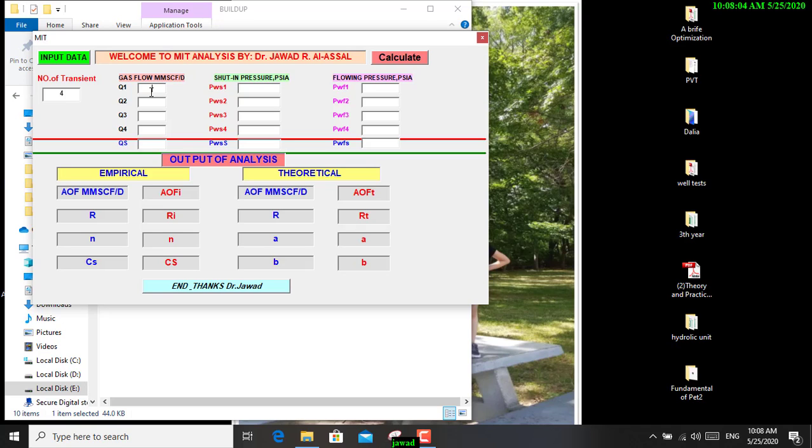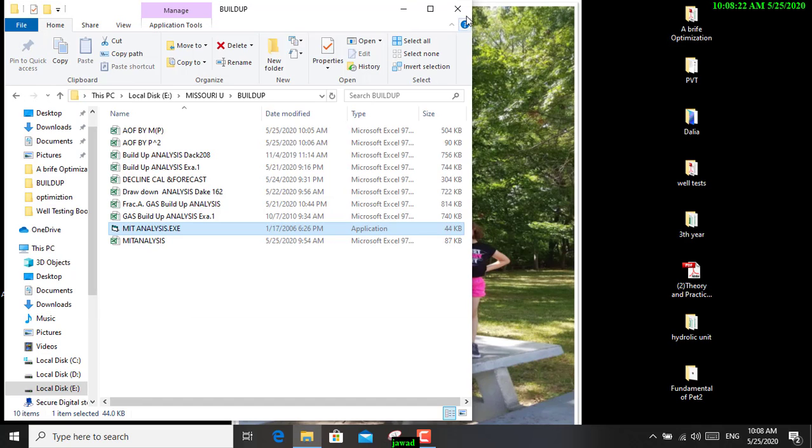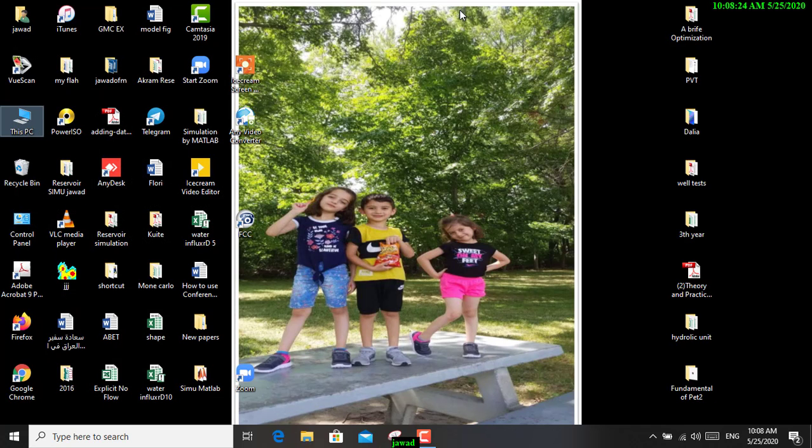I can put some data and just calculate. It gives you empirical AOF, and this correlation coefficient, and theoretical, and that's all. Okay? That's all. Anyhow, if you need the Excel sheet, I can send it to you by email. You will use it a lot in the field if you are